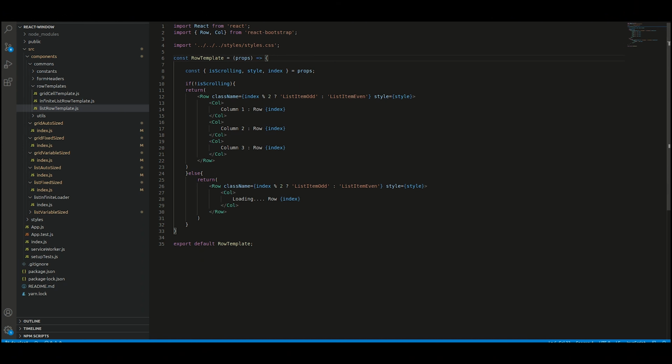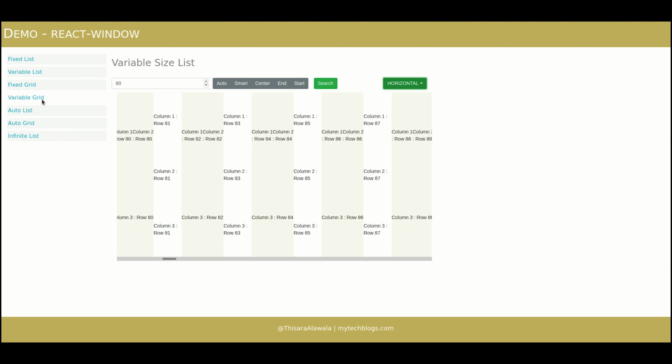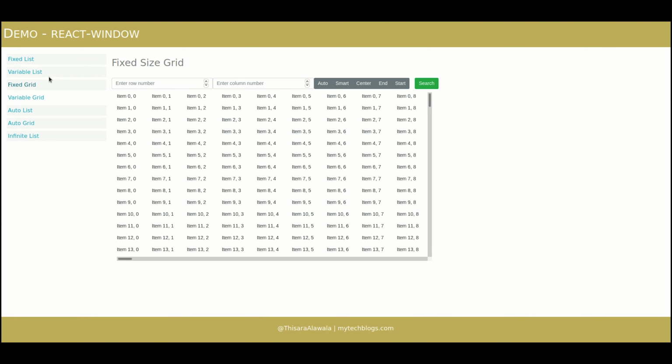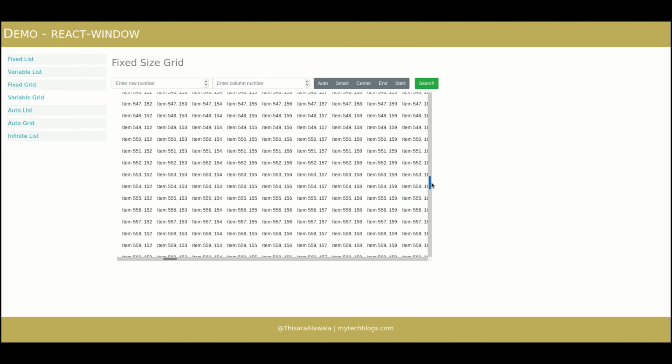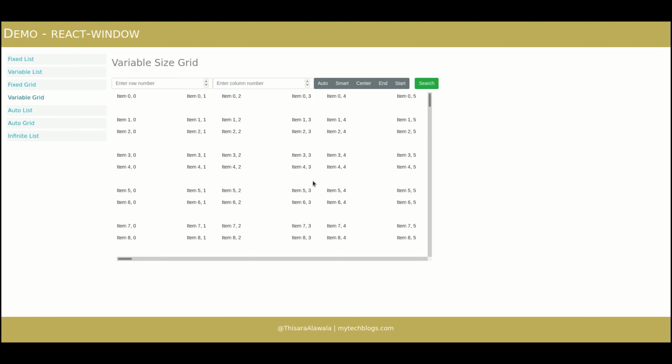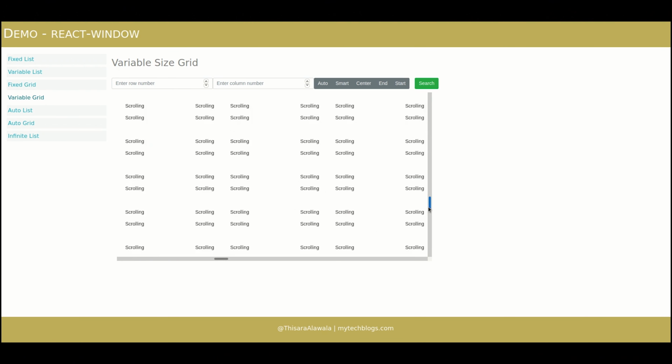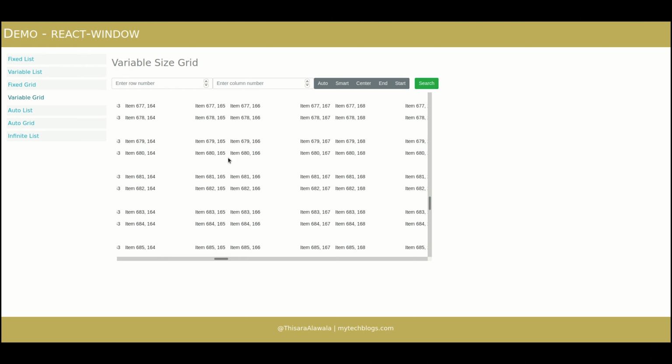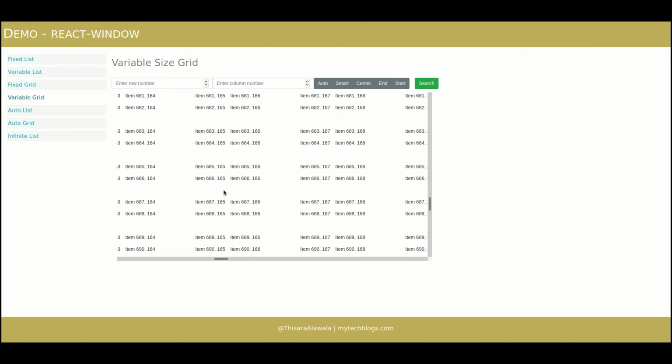Let's check out how grids operate. You can create grids from React window, and this is a sample implementation for a fixed size grid, which means the cells are not adjustable as per the cell content. But this is a dynamic grid where the content is adjustable, and I have used lower size for even numbers for demo purpose. Apart from that, all the filtration options are available on the grid itself.